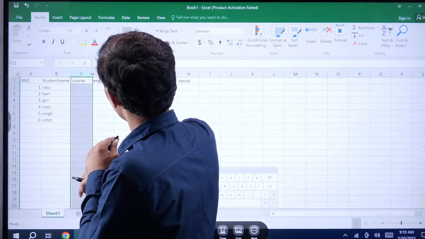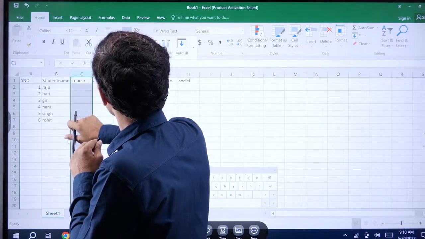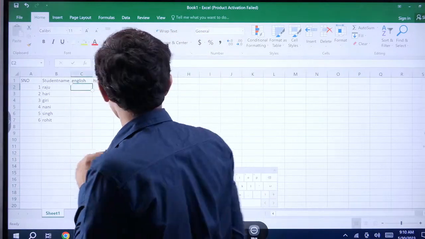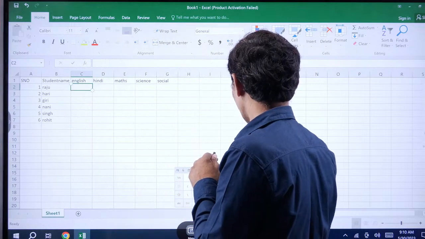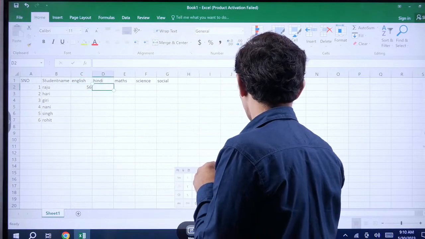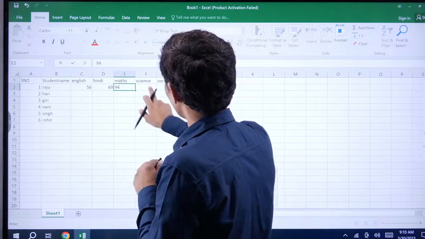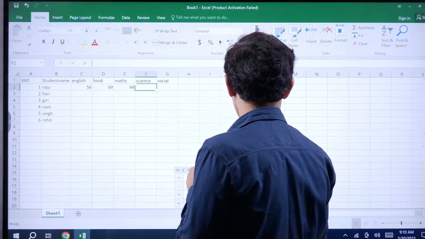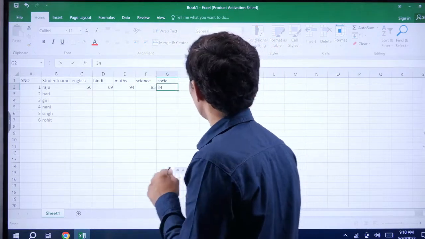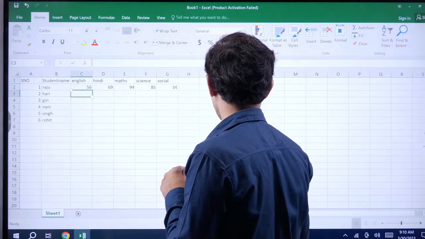The reason is just we are taking a data for all the single field, so that I can take it out. I want to delete it. Okay, it's enough. Now here I'm taking the English marks. Now I'm taking English marks are 56, Hindi marks something like 69, mathematics marks I'm taking something like 94, science marks I'm taking 85, social marks I can take 34. Got it. Now here Hari, in this I want to take 55